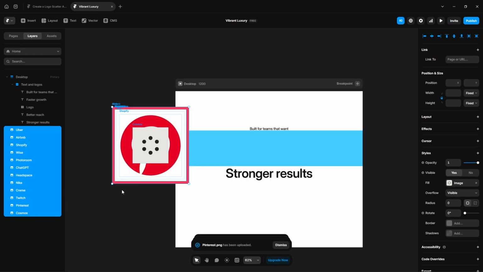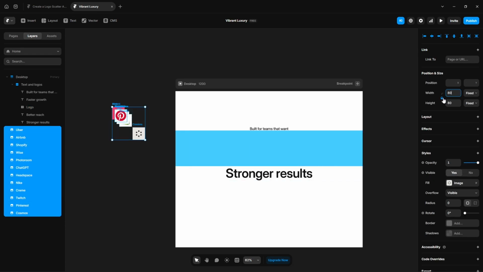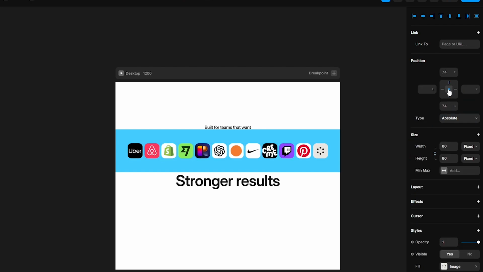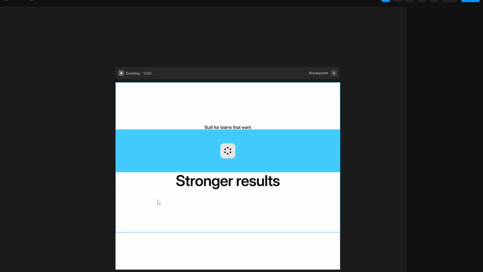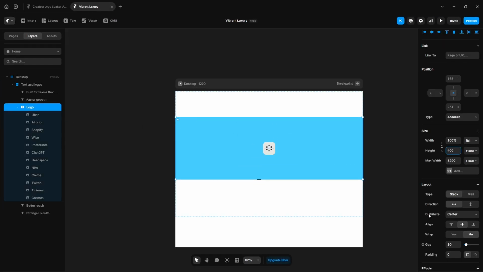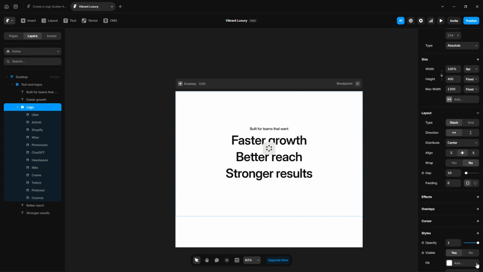select all, set the width 80 pixel, make sure to lock it if you haven't already, then drop it here to the logo, add radius 20, change the position to absolute, unpin them, then align it center. Next, click this logo, set the height 400 pixel, scroll down and remove its fill color, add some empty space